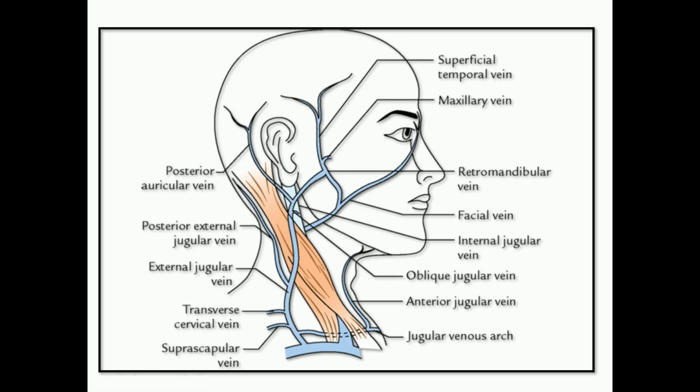Now how does it run? It runs almost vertically downward across the sternocleidomastoid muscle under cover of the platysma muscle to pierce the deep cervical fascia in the antero-inferior angle of the posterior triangle and enters the supraclavicular space. This area lies just above the clavicle. After passing through the space, it terminates in the subclavian vein.